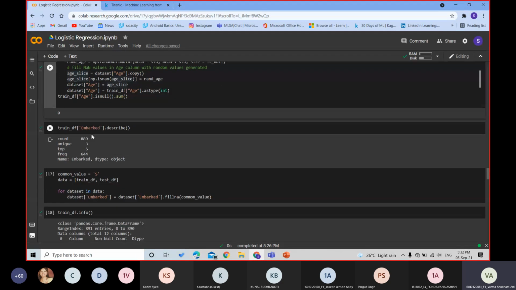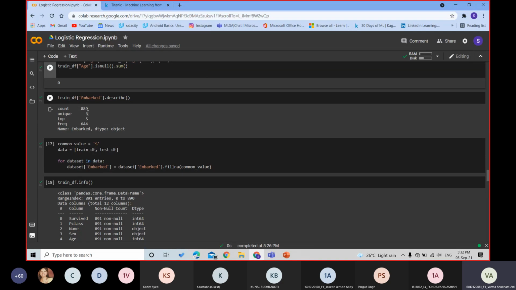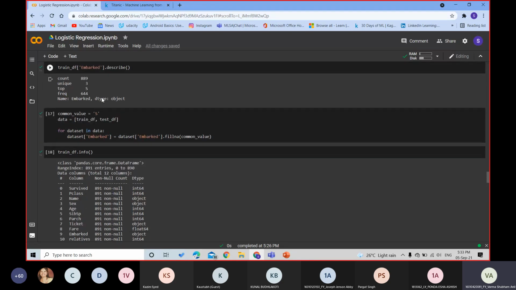Similarly, we did this for embarked, meaning where the person embarked from. It might happen that the ship did not come to that point, and the person who has to board the ship at that point, like if I have to board the ship at S and the ship collapsed at C point, that will affect our model. So we found how many embarked from the S point. As 0.2 percent of data was missing for embarked, we filled it with the common value S, as many of them boarded the ship from S.